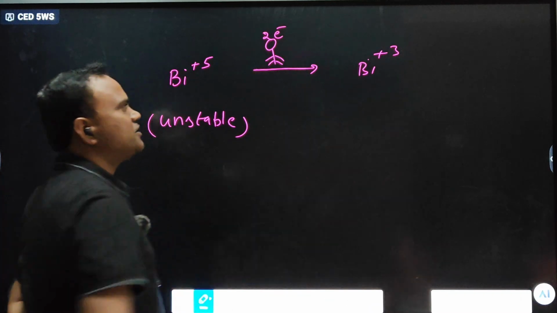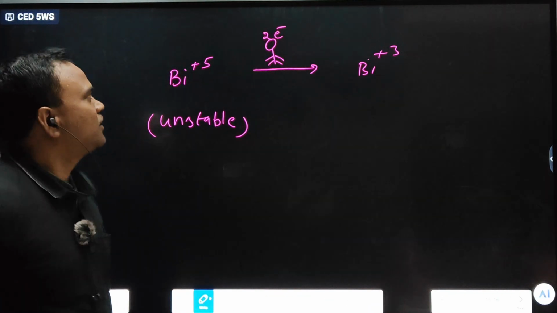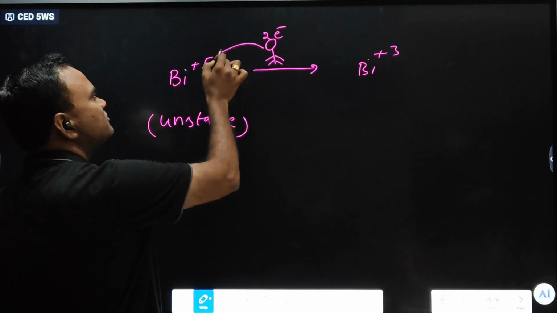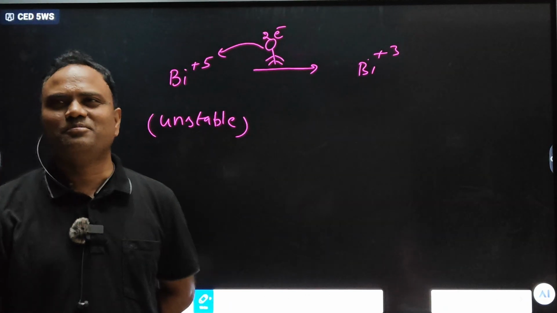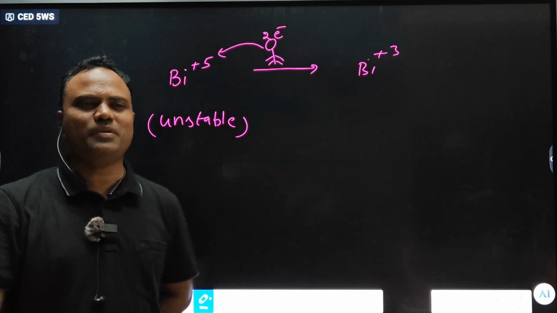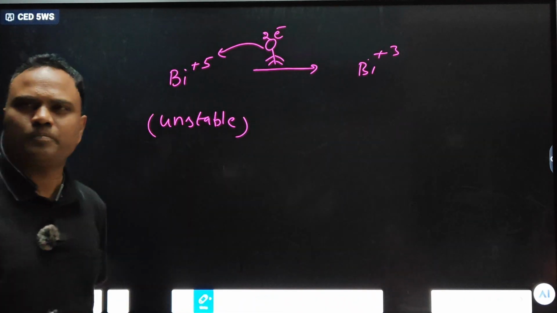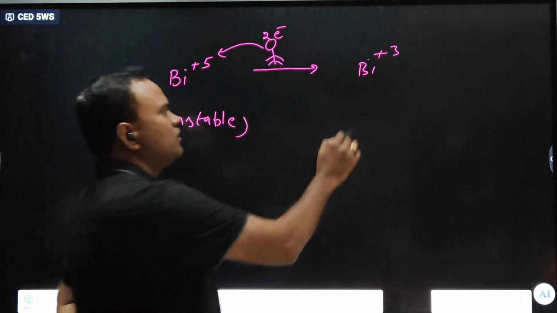He is going in the street. Okay. Bi plus 5 did one thing. It stole 2 electrons instead of purchasing, because to purchase, it has to spend money. It stole 2 electrons and converted to a stable form. Now you tell me,